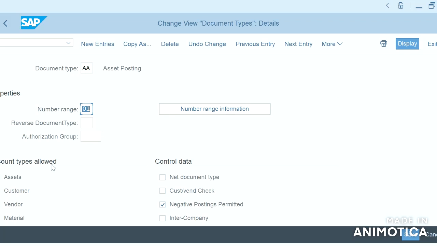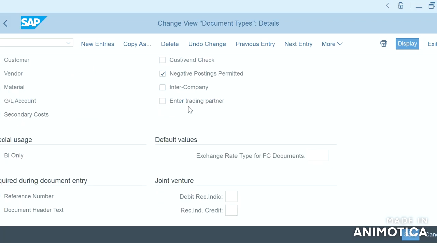These are all the account types allowed, and this is the control data: intercompany postings, negative postings, enter trading partner, required during document entry, reference number, document header text.